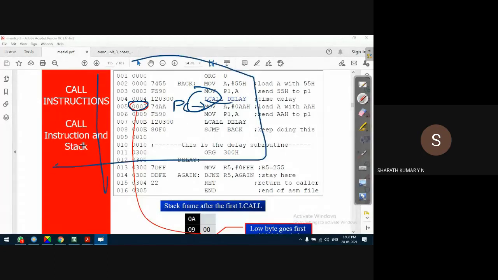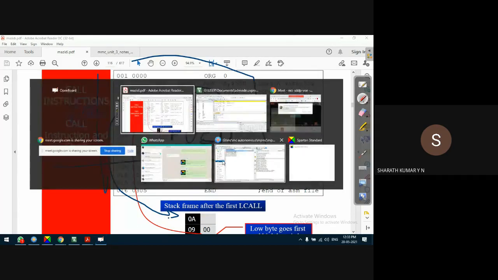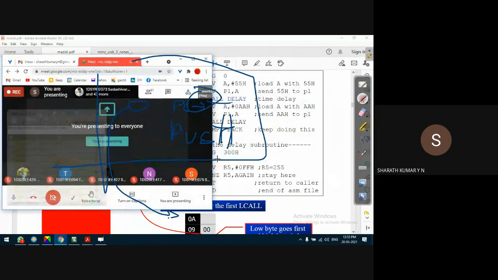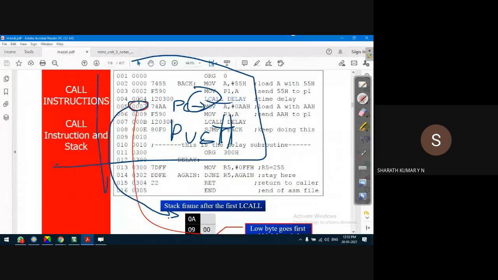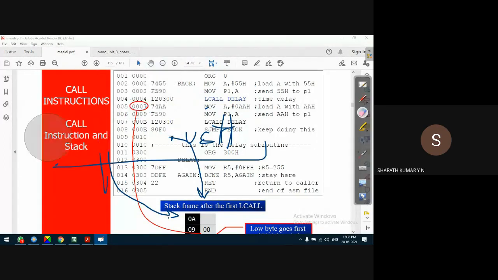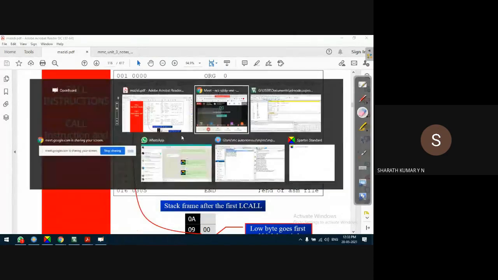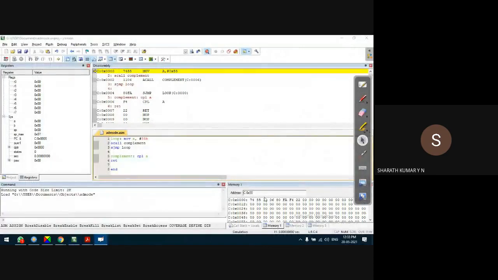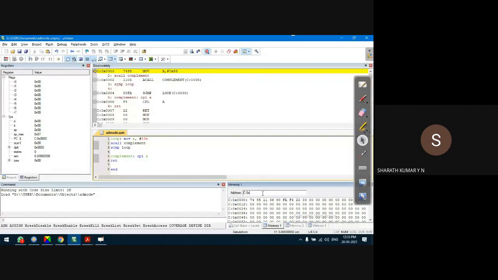This address is stored on the top of stack memory. To store this, the compiler executes push instructions. This we had discussed when we discussed stack memory in detail, so let us not go into that discussion. Using the push instruction, the target address is stored on the top of stack memory. So we need to observe stack memory. For that, in the compiler, let us open one more window. We know that stack memory starts from 07, but it is not in the code memory. It is in the data memory.